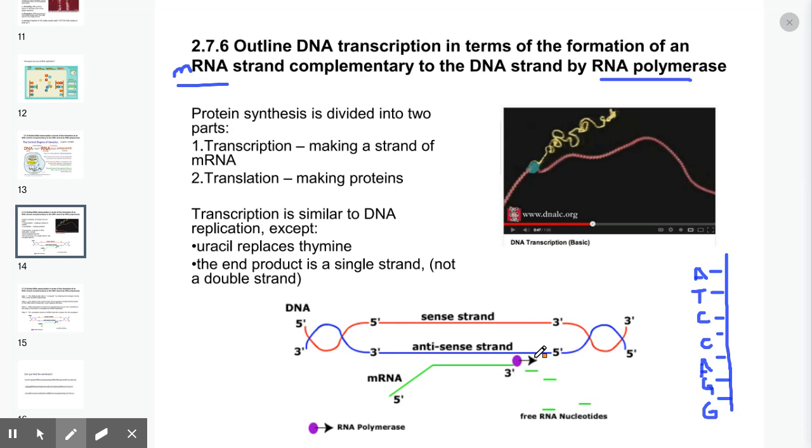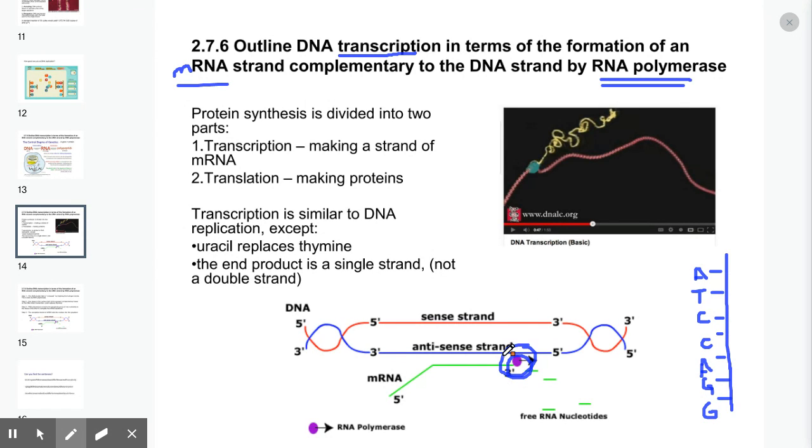What happens is that this enzyme called RNA polymerase, which they have as this blue molecule down here, and normally they draw it a little bigger, will separate our strand of DNA. If you remember, the enzyme that did this in replication was called helicase, but the enzyme that does that during transcription is called RNA polymerase.